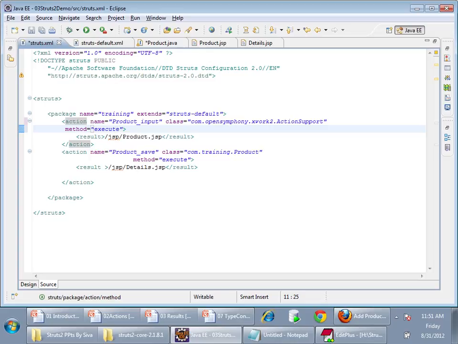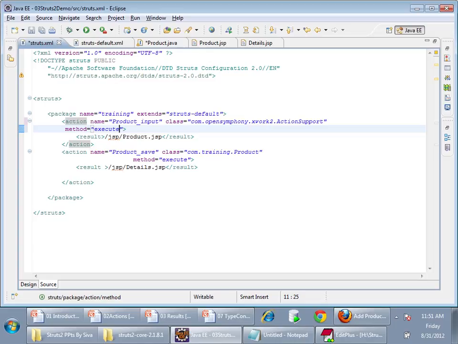So a request came for the product_input action. The filter will ask the configuration manager, give me the action class for this corresponding action. What's the action class for this? ActionSupport, right? An object of that ActionSupport is created, and